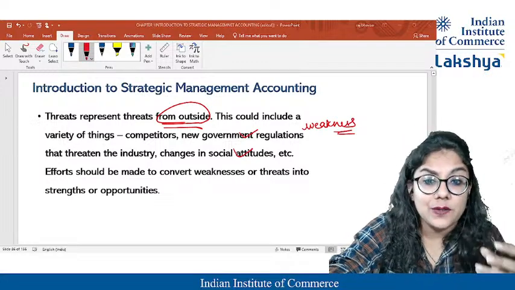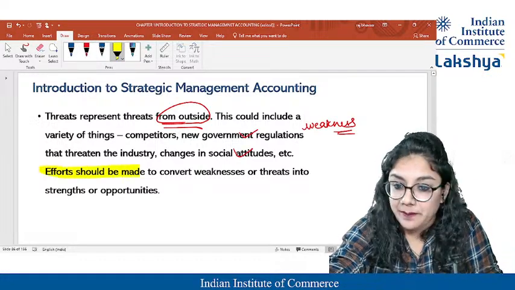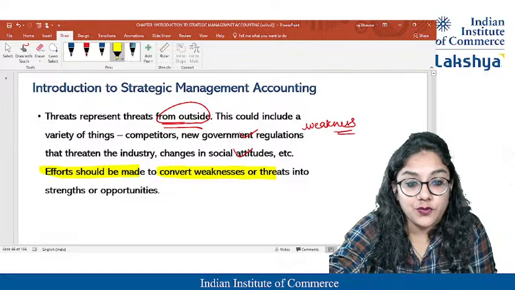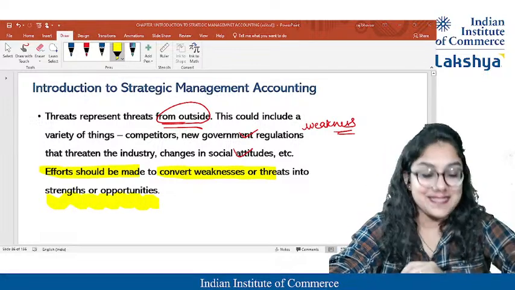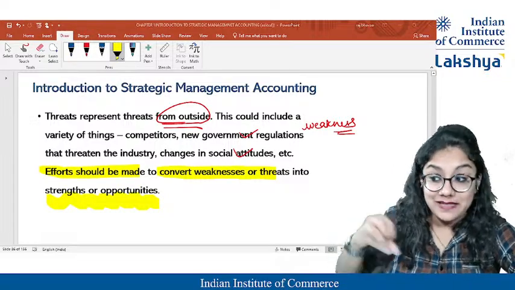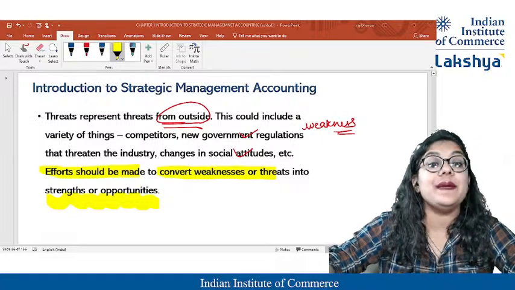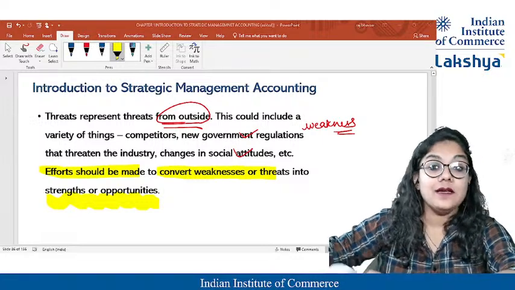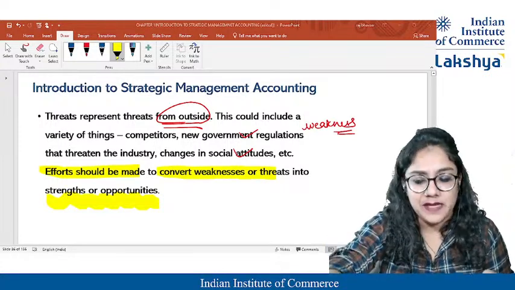So try to inculcate what we should see. This line is very important. Efforts should be made to convert your weaknesses or threats into strengths and opportunities so that in the long run you will sustain. So I want to minimize my weakness so much that even that becomes my strength. How can I minimize my weakness in theory? Let's say by reading, by understanding the concepts, by making the words more interesting. So I can do it that way.